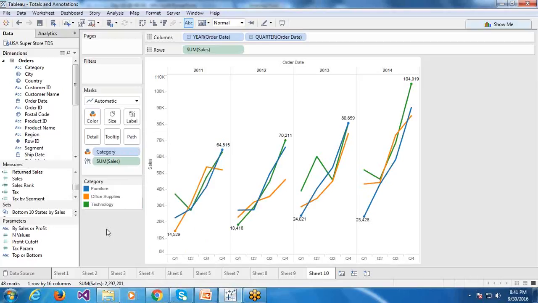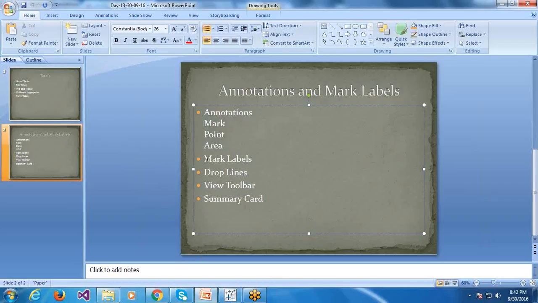Yes. So when we are selecting the category, we only got one measure over here. If we have two measures, like sum and average of sales, it will give the values for both, for the granularity. We don't have to select again whether it is for sum or for average. So that is about mark labels.